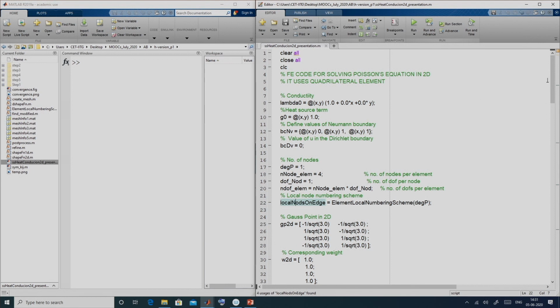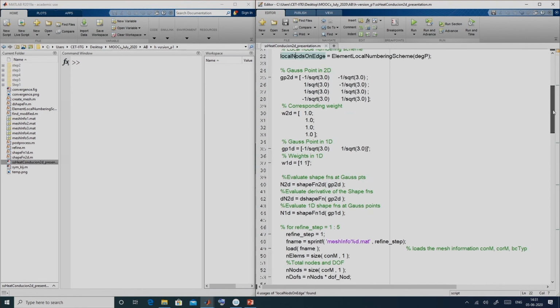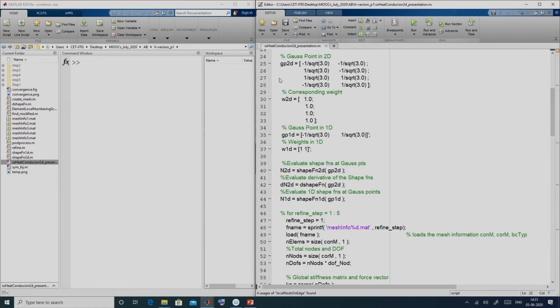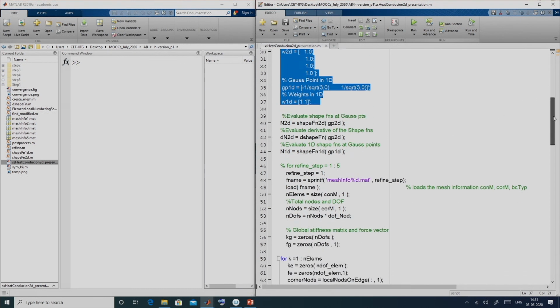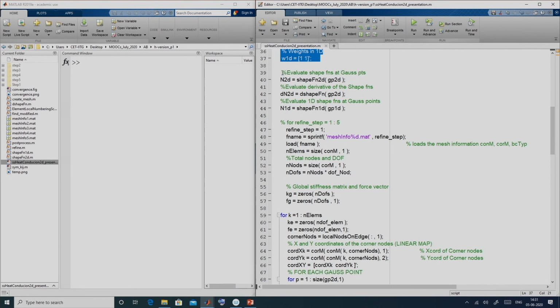So this gives the local numbering for a given degree P. This part of the code was already explained; it contains the information regarding the Gauss points and the weights for 2-dimensional and 3-dimensional cases. Then we calculated the shape functions, 2-dimensional and 1-dimensional, and the derivatives of the 2-dimensional shape functions at the Gauss points, the way it has been explained in one of the slides.